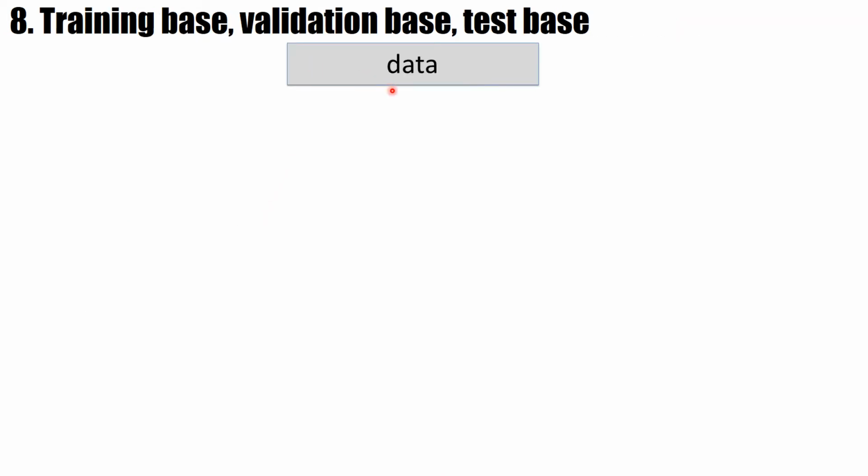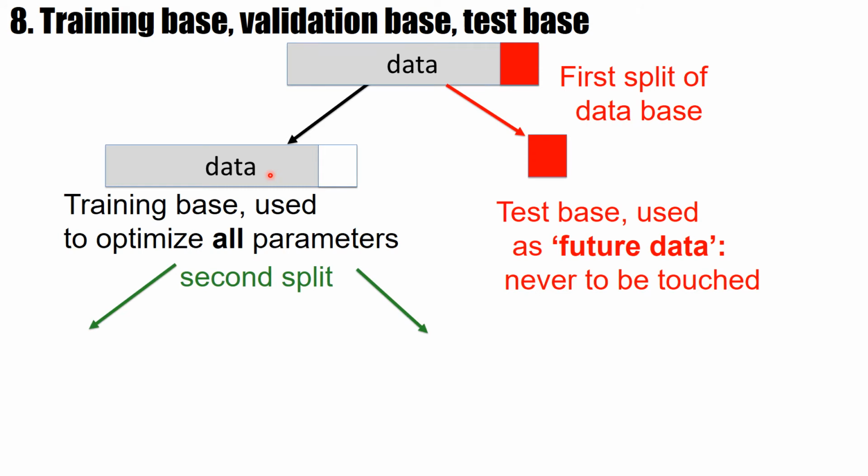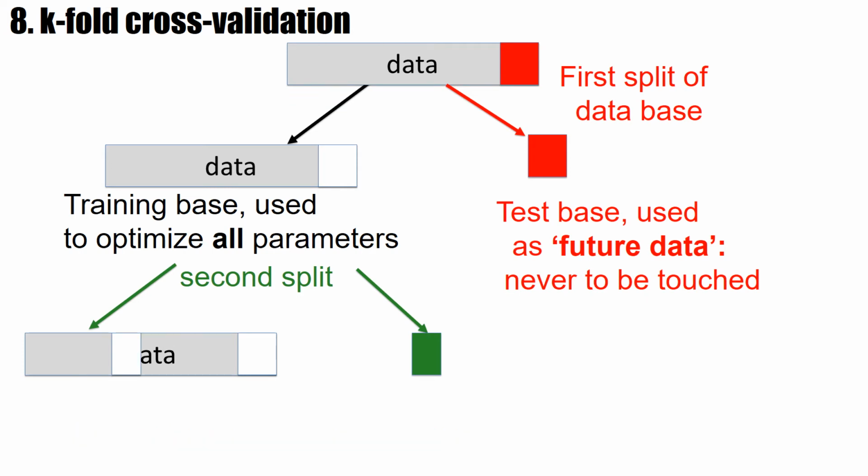Here's your data. You put aside your test data that's never to be touched. Now for the rest, you have removed this part. And now you do a second split and you say, let's put aside some part, for example, this part here, and call this the validation data. And then you do this second split k times, you repeat it. So, for example, this data here, or this data there, or this data here. Each time you put aside some data and you repeat this k times